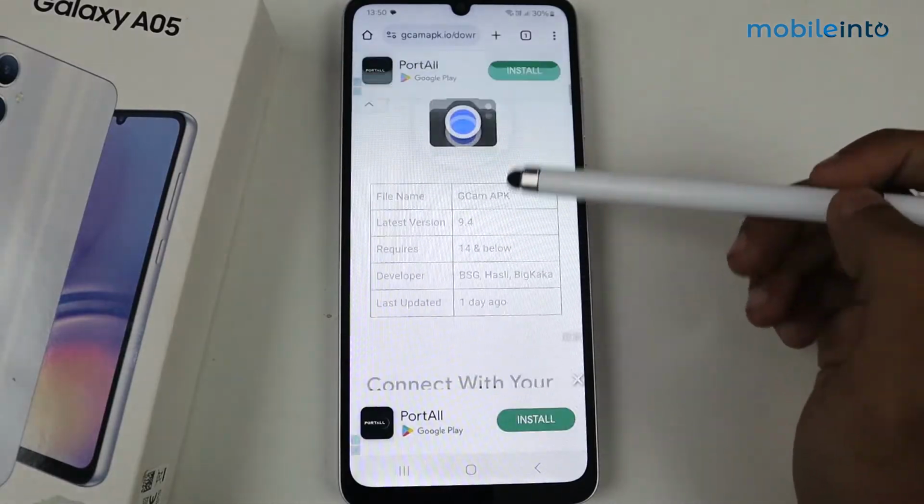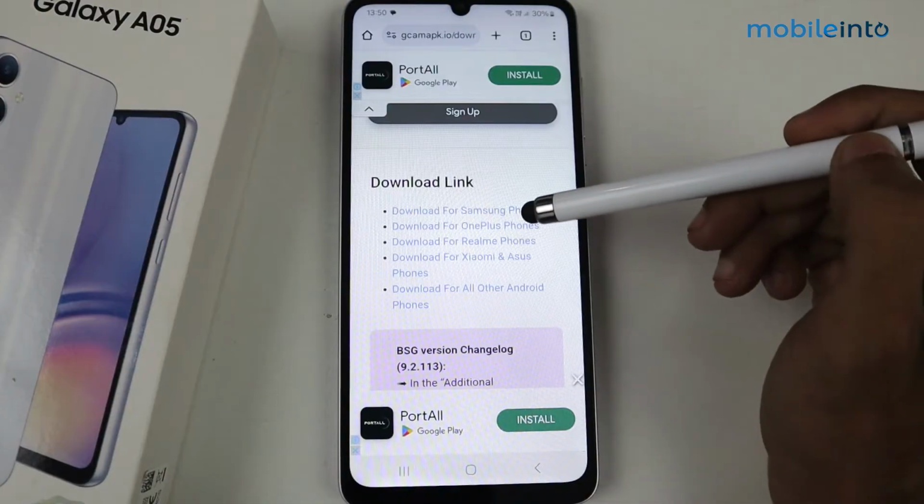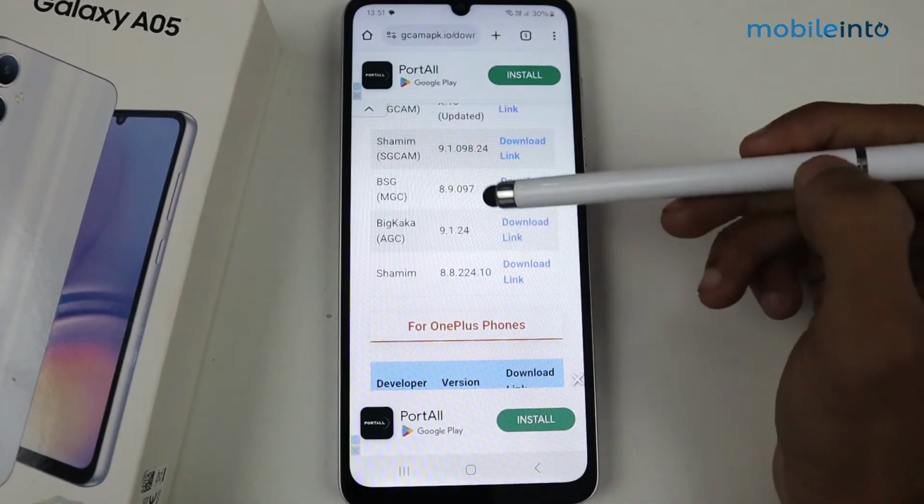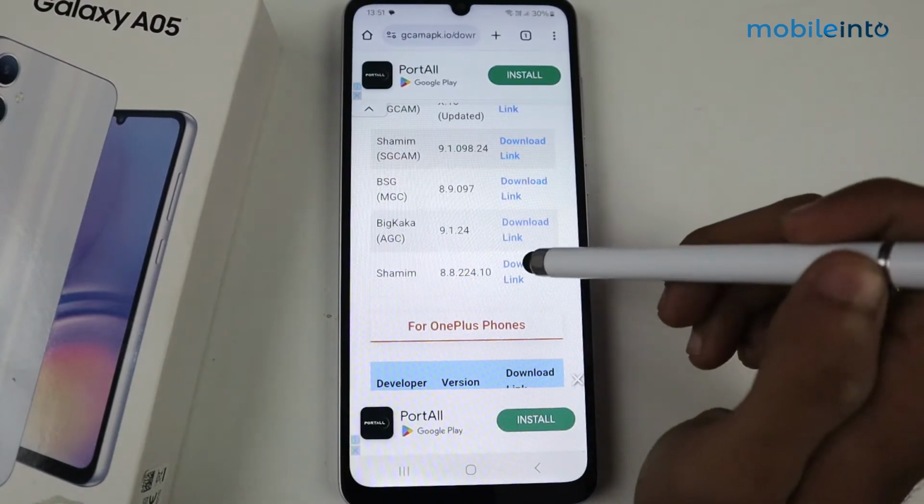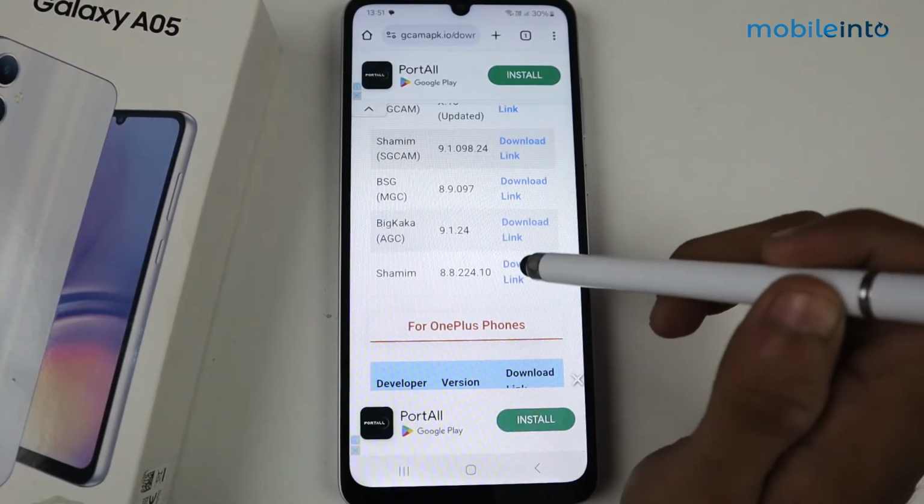After that, again scroll and we have the download links here. I am using Samsung, so just click download for Samsung and then scroll. As you see, on the very last, we have the option of Shamim 8.8.22.4. So just download this link. I have already downloaded this link, but all you guys have to do is click to download and then it